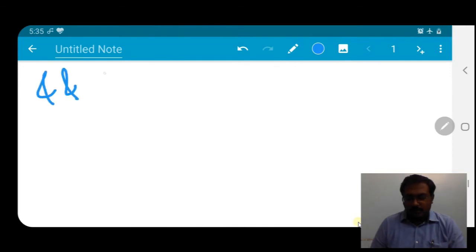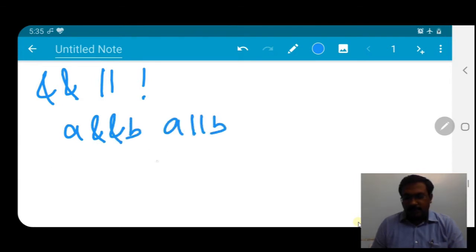Similarly, we have logical and, or, not. We can write a and b, a or b, a not b. Also we have bitwise and, bitwise or, XOR, negation or not.